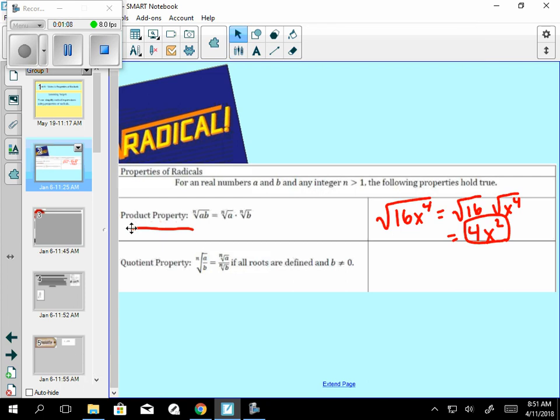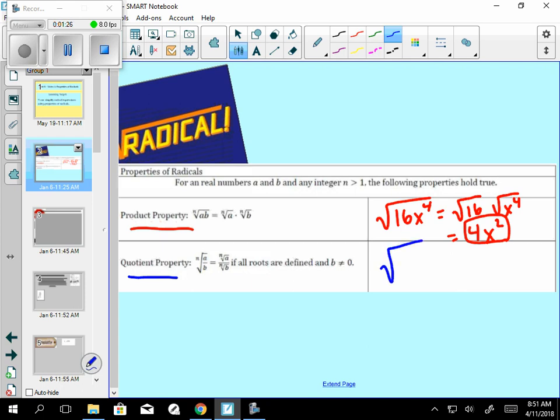If you are dividing, same thing. So the quotient property says if you're dividing, or taking the square root or any type of root of a fraction, you can split it as that root over the top number, the numerator, over the root of the bottom number, the denominator. So an example here would be if you had the square root of 36 over x to